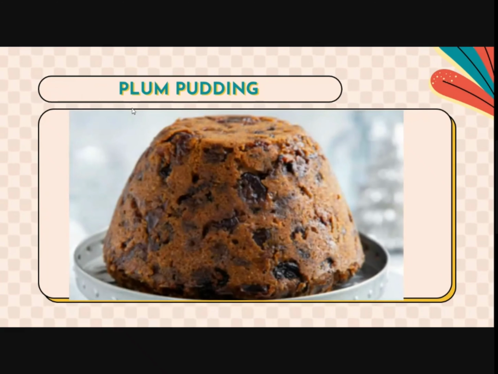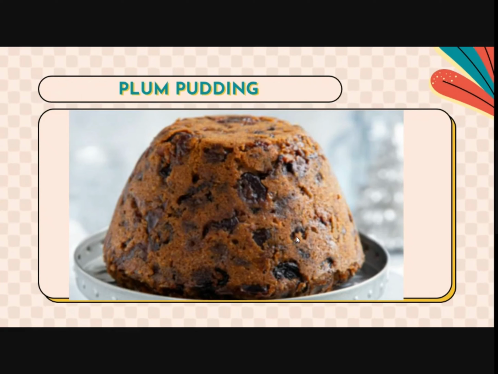Let us look at the plum pudding. That is how a real plum pudding looks like. This part that you can see is a cakey part, and inside this, the blackish or dark brownish part that you can see represents the plums, which are small pieces of plum put in the cake mixture. So this is our plum pudding.